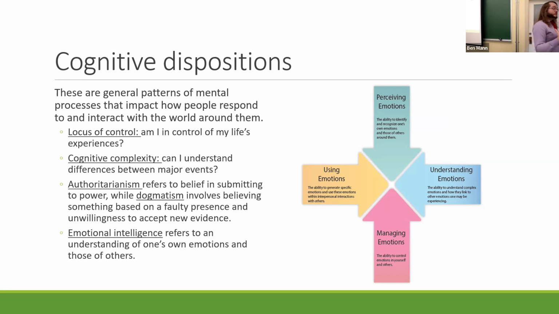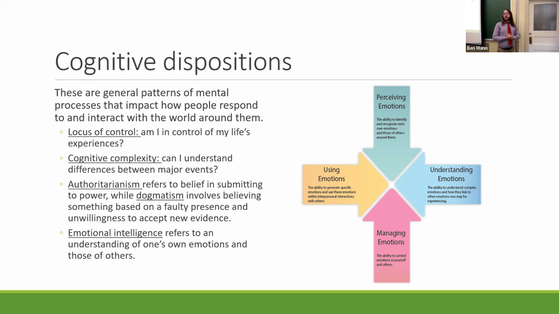So authoritarianism and dogmatism. If you have followed politics and current events over the last few years, I think those words have been used a lot. Whether or not you see them fitting or matching certain issues is up to you, right? But authoritarianism is a term that we see a lot to discuss the idea of people who submit to power, oftentimes without question, right? Authoritarianism has the perspective that ceding or giving over power to a larger group or authority is a good thing to do because that authority will have your best interests at heart.